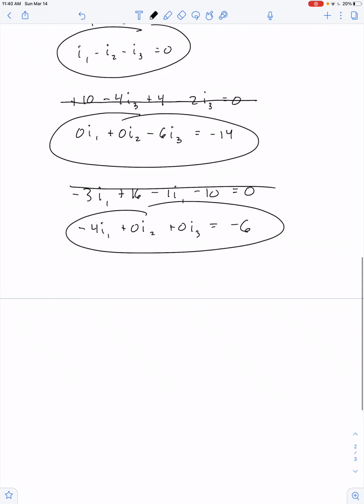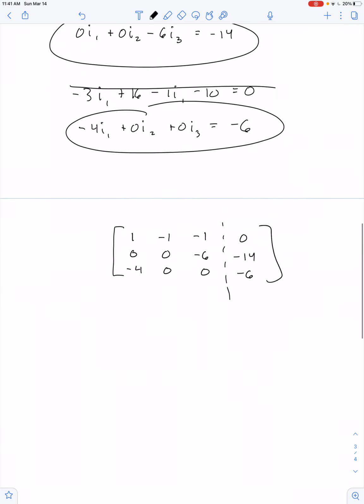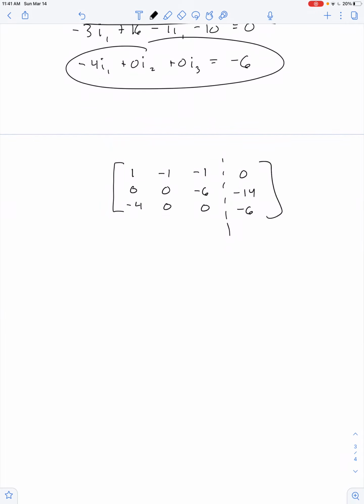If I rewrite all three of these equations in matrix form, I get 1, negative 1, negative 1, 0, 0, 0, negative 6, negative 14, negative 4, 0, 0, negative 6. Of course, I really don't have to go through this whole row reduction process. Remember, any one of these rows is a standalone equation, and if I have two zeros in that row,